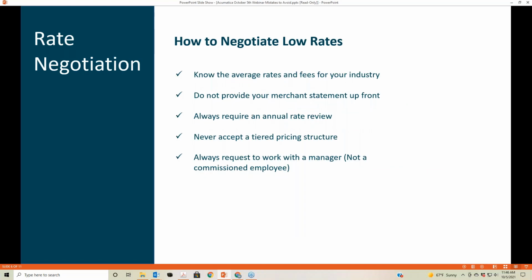How to negotiate lower rates. Now, this is generally a big one for most people, and when it comes right down to it, you have a couple of really main points that you want to cover. One, know the average rates and fees of your industry, right? So based on what you do, kind of know the average of where you should be falling with your rates